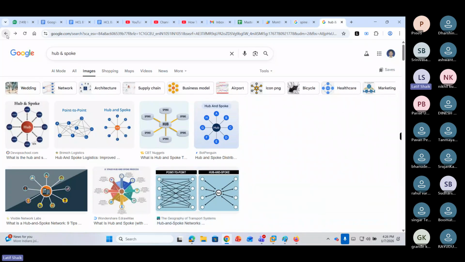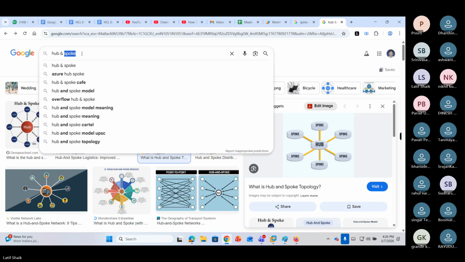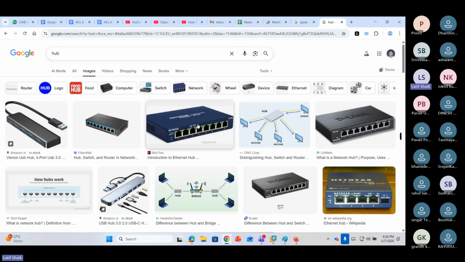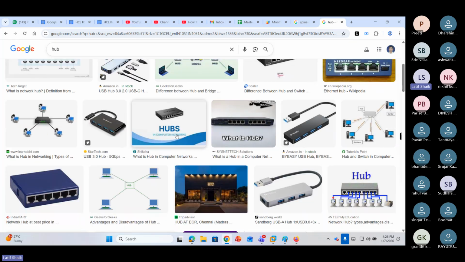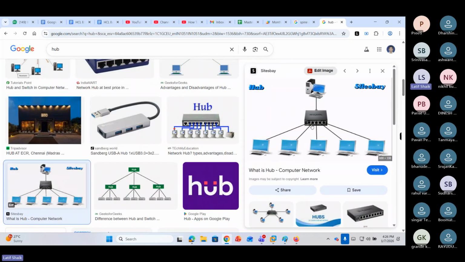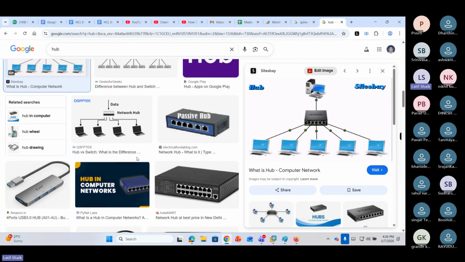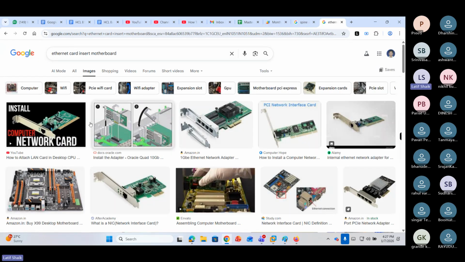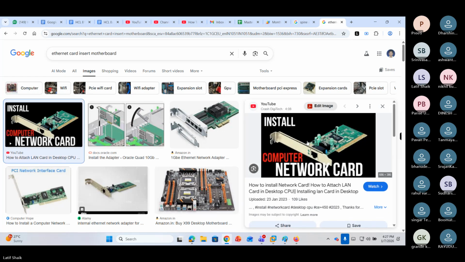So you have something like a hub, and you want to connect to this hub from your system. The system needs an adapter called Ethernet. These are the Ethernet cards inserted into the motherboard like this.